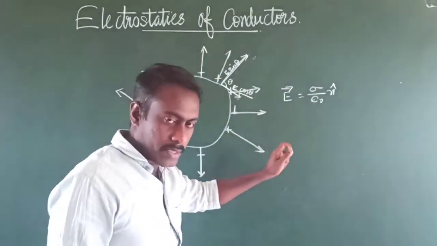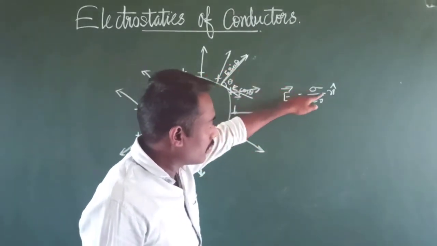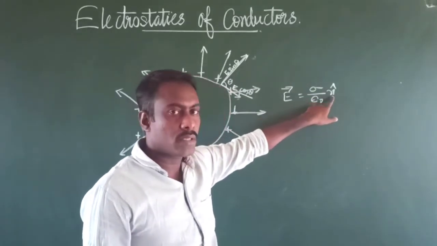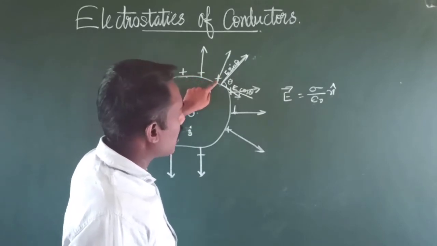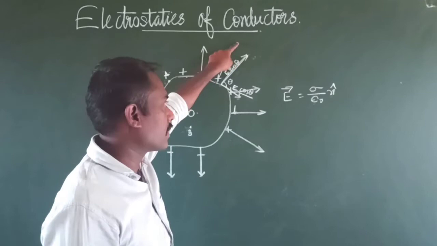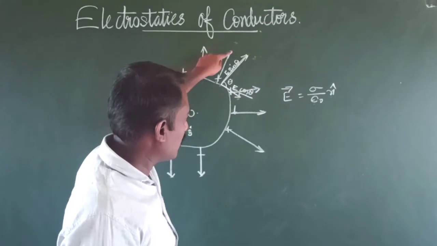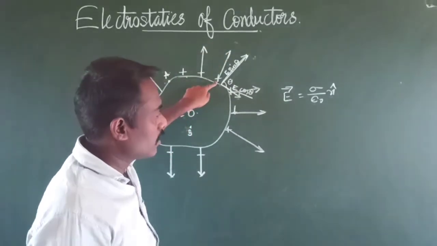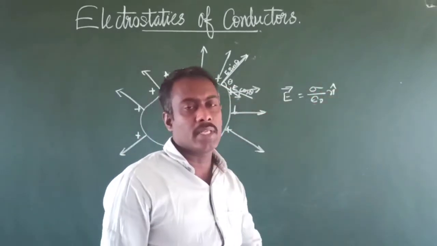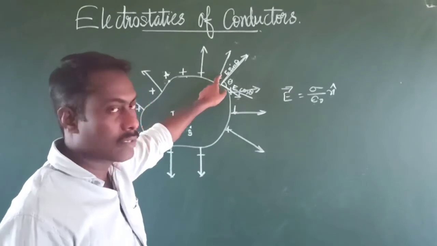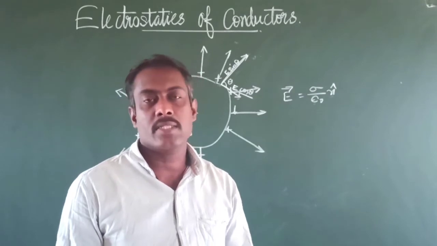So how does it indicate? The n cap denotes the direction of the electric field. If it is a positive charge, then it is directed in the outward direction from the surface of the conductor. And if it is electrically charged with a negative charge, it is directed inward towards the surface of the conductor, which is opposite to the first. So the n cap determines the direction of the unit vector of the electric field. How does it affect the surface charge density of a conductor?